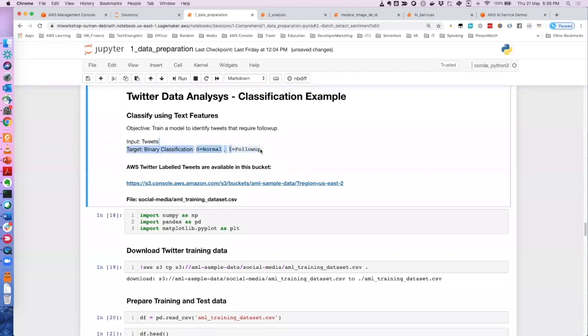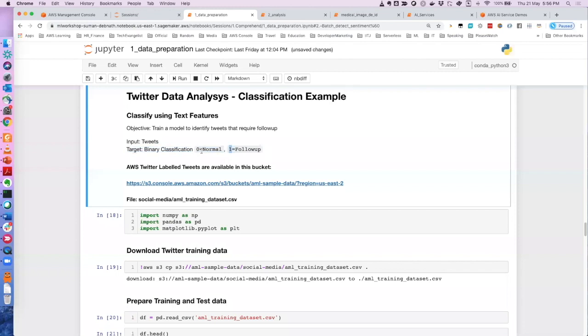It might happen that your company has a Twitter handle, and a lot of people will post tagging your company, and you might want to follow up with a few of the people where they ask you something, or there is some concern, or some negativity in their comment. You generally do not want to follow up with people who say good things about your product or company, right? They are already happy. You can always greet them, but to take action, you have to pick up the people who are criticizing your product or company or something of that sort. So this data set contains lots of tweets, and each tweet has one of two tags, either 0 or 1.